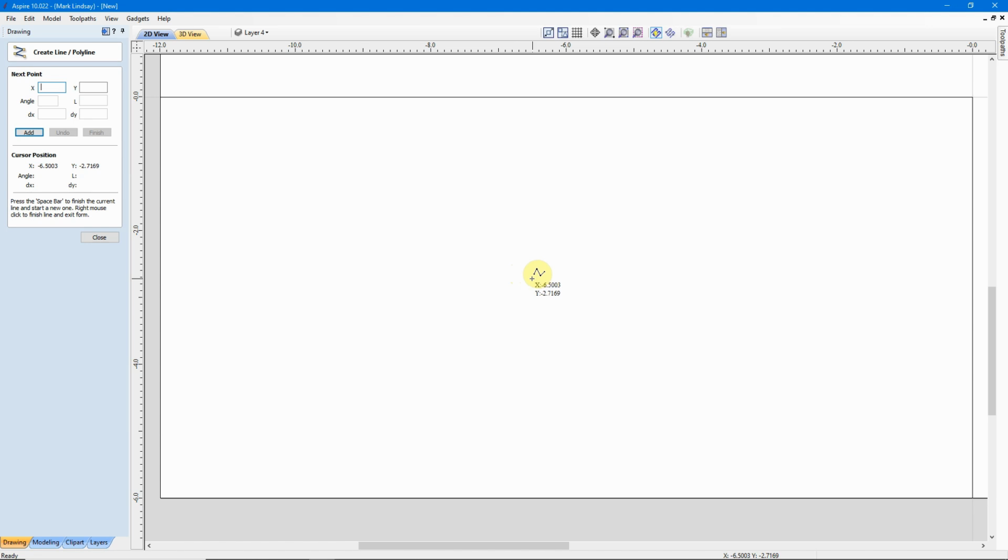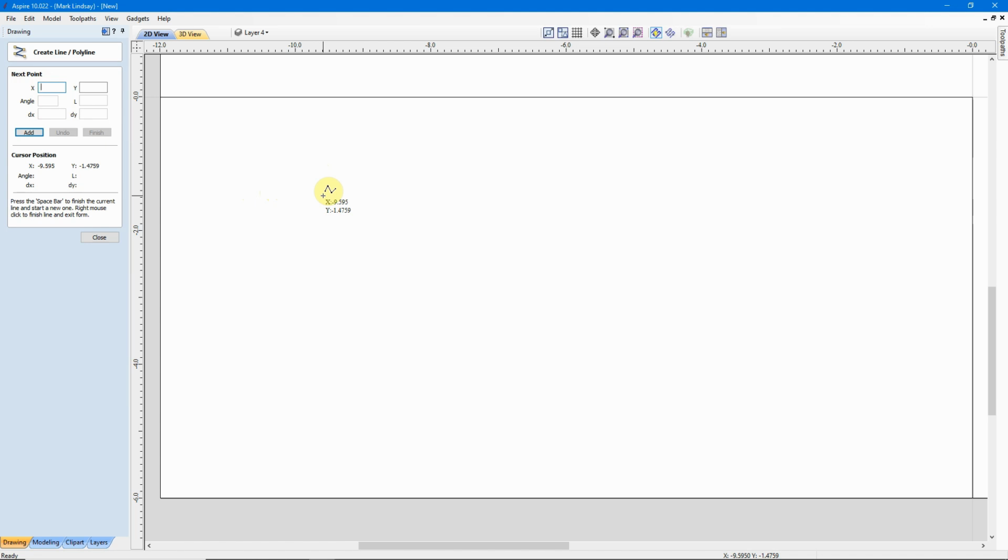If you saw my video on CNC for Beginners, what is a vector? You know that a vector needs three things. It needs a start point, it needs a direction, and it either needs a length or an end point. The length will determine that end point, or the end point will determine the length. I know that sounds confusing, but you'll see what I mean in just a second. So what it's asking you here is, where are we putting in the start point? I know it says next point, but because we don't have a point out here now, this will be the